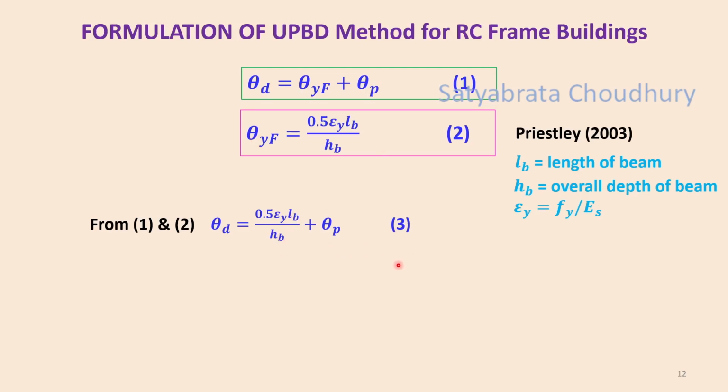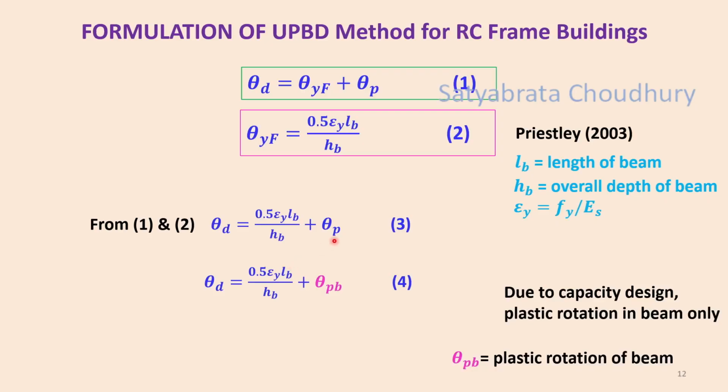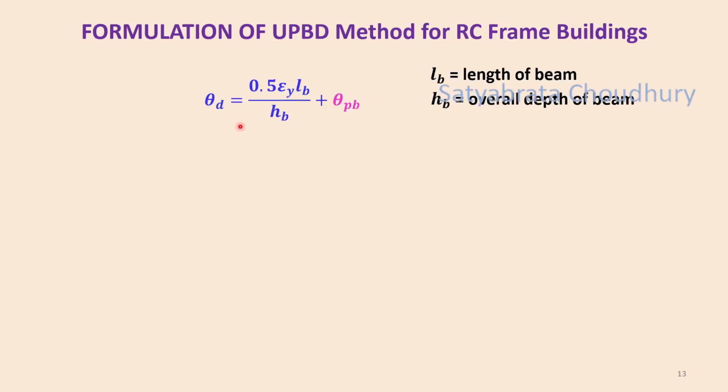Theta P is the plastic rotation. This plastic rotation will arise out of either columns or beams in the frame buildings. Now columns do not fail because we carry out the capacity design so that only the beam fails. So this plastic rotation theta P, I can say, is the plastic rotation of the beam. So we are designating this by theta PB. So this equation 4 has been rewritten here,